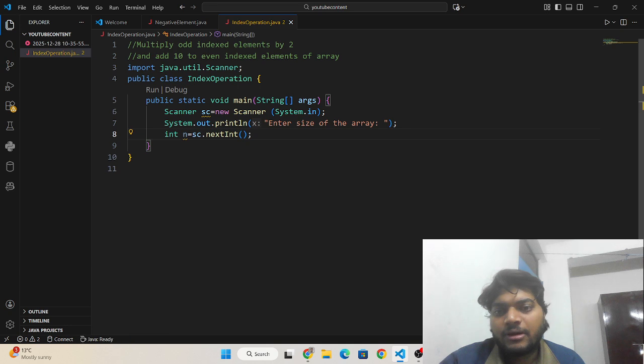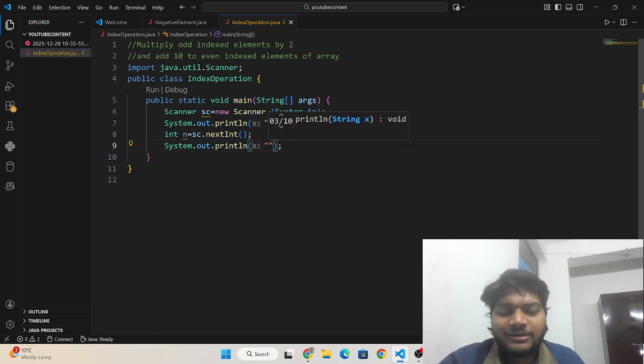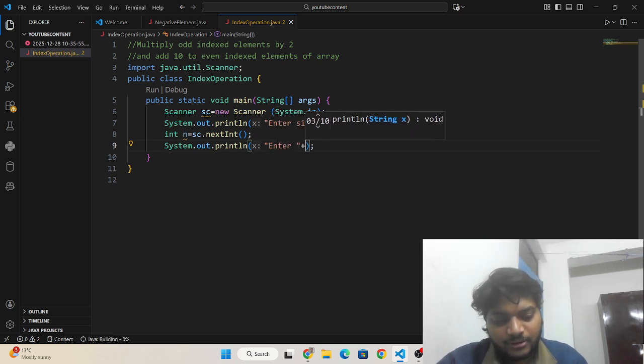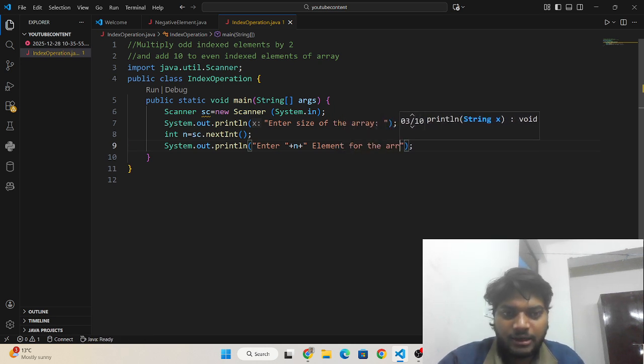Okay, now I'm going to ask to enter the number of elements. So I need to ask here, enter n elements for the array.